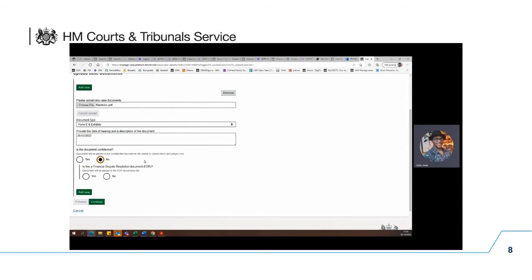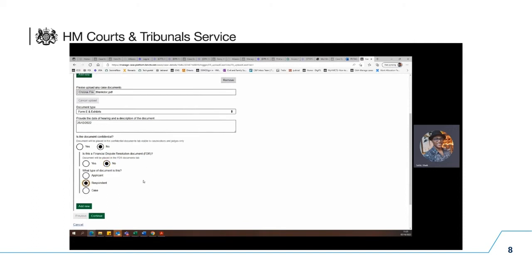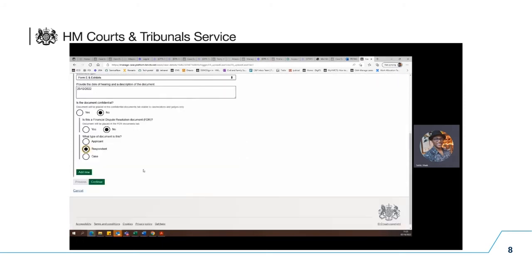You're then also asked whether the documents relate to any financial dispute resolution hearings, yes or no. Again, if you select yes, they'll be stored in the financial dispute resolution documents tab. If you select no, you then have the option to say whether the documents should be uploaded into the applicant or respondent tabs. Please select only the applicant or respondent respectively. There's an option there for case documents, but please use the applicant or respondent so the documents go into the correct tabs. So if I select respondent in this case, and those documents are ready to be uploaded,